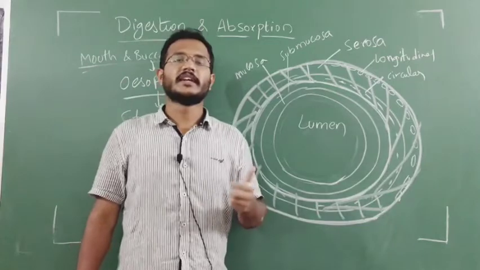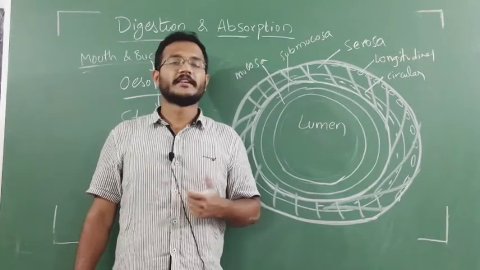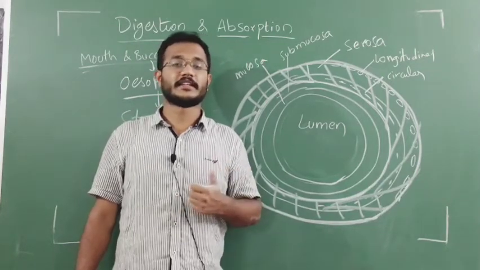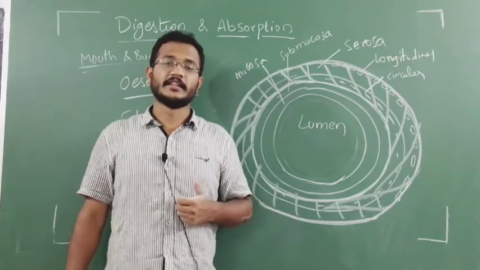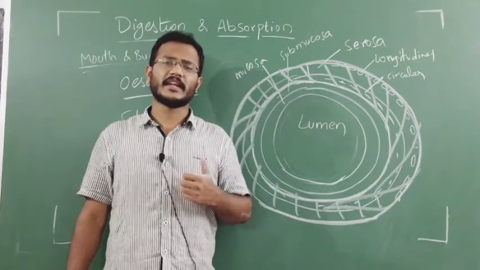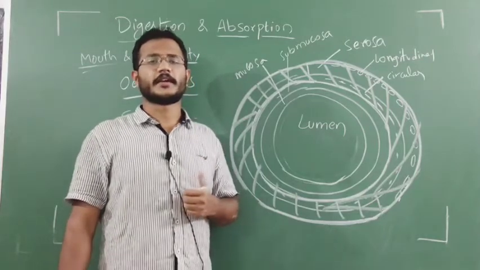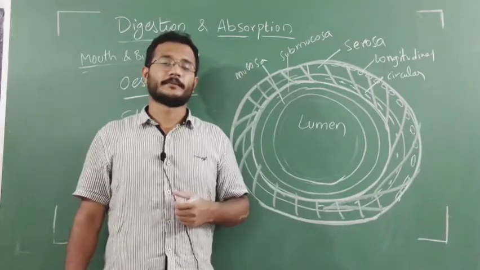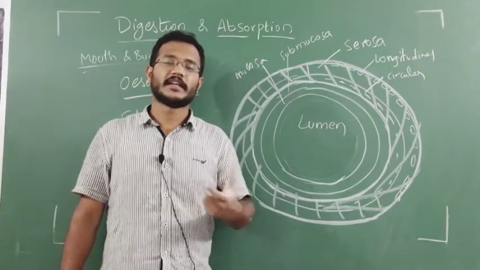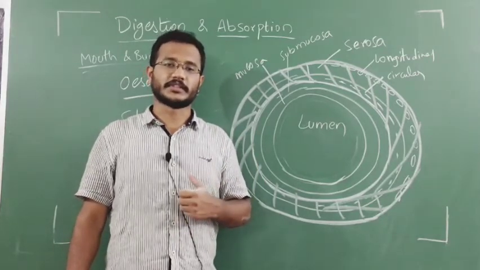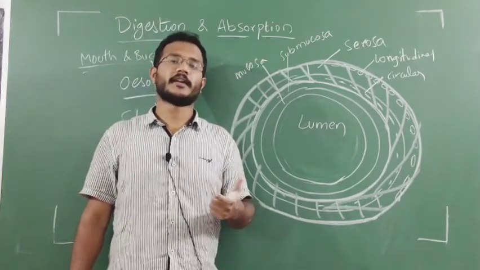In the next video, we will discuss the physiology of digestion and what enzymes are present in each and every region. For example, the stomach will secrete HCl, pepsinogen, and different enzymes. The small intestine will release many different types: maltase, lactase, invertase, like that. In the large intestine, most of the water is reabsorbed. To prevent the loss of water, the large intestine plays an important role in the reabsorption process. And the final outcome is the anus. These details we will see in an elaborate manner in the next video.